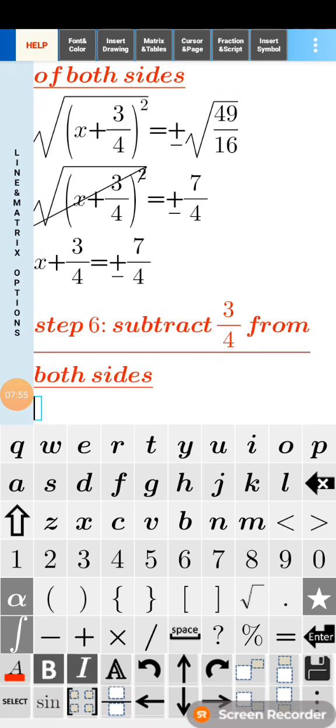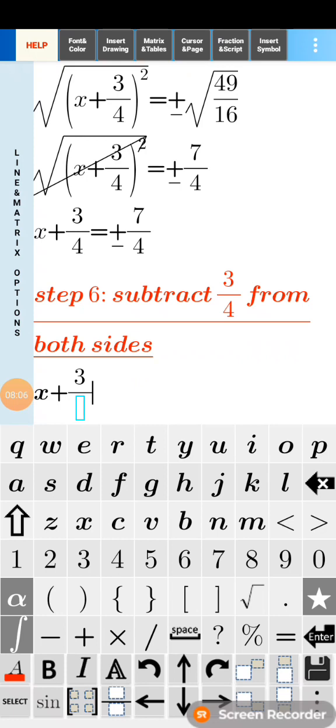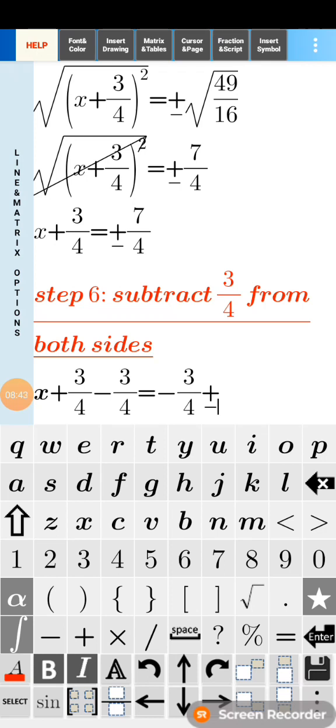Now I will be x plus 3 over 4 plus minus 3 over 4 equal to, now I'll put it here, minus 3 over 4 plus or minus 7